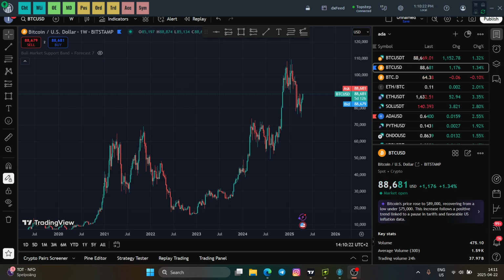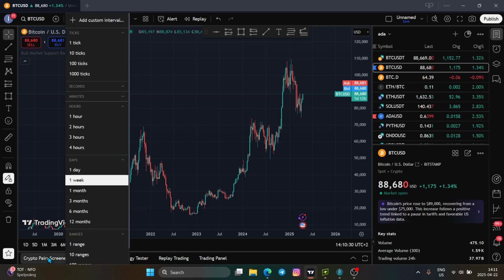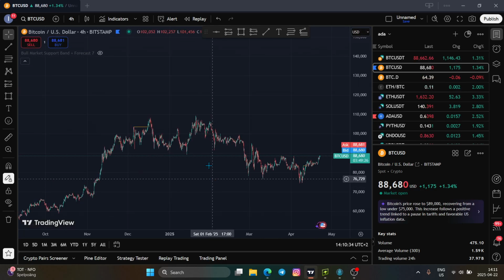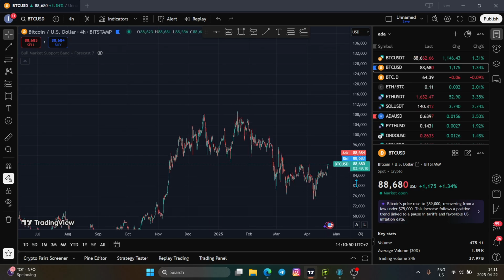So for this, I would like to take Bitcoin, and this is a Bitcoin daily chart, weekly chart. And I would like to start with the 4 hour, because when Bitcoin was going down, I sold around 90,000. And I managed to keep some profit to buy the dip when Bitcoin changed its character, which means when it changed the